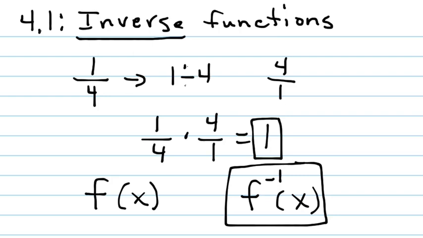So, anytime you see that little -1, think inverse. You're going to see the notation. Now, before we can start talking about inverses and how to find them, which again is mathematically nothing, but you've got to memorize the process, we need to talk a little bit more about functions and some special types of functions. Okay, so let's go to our homework